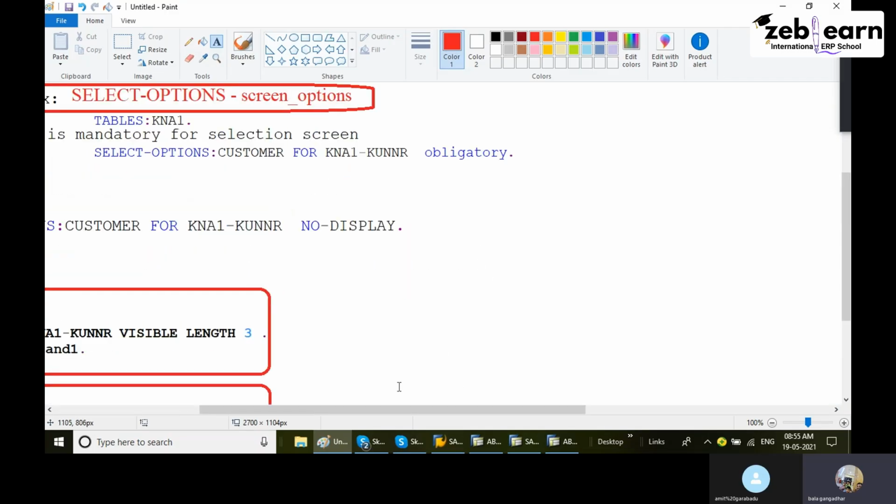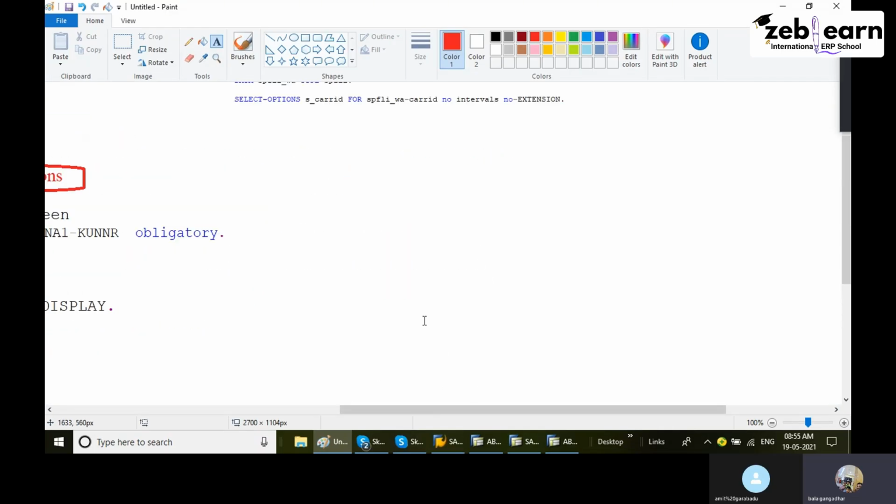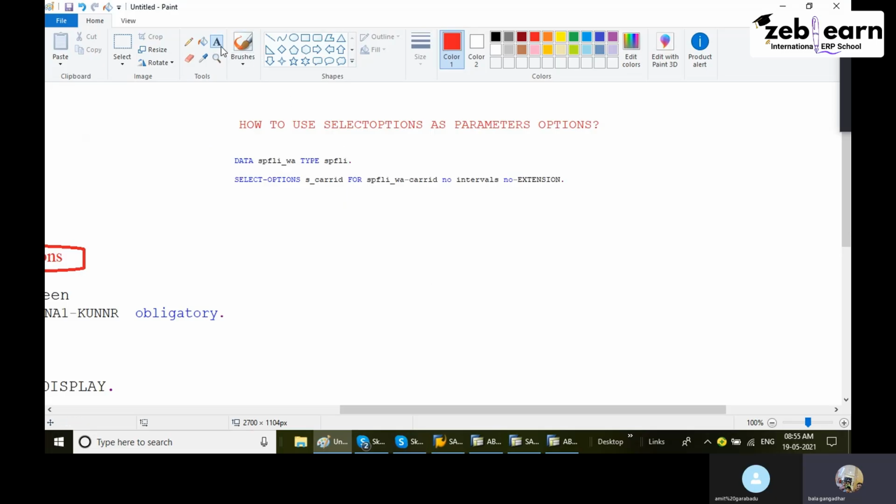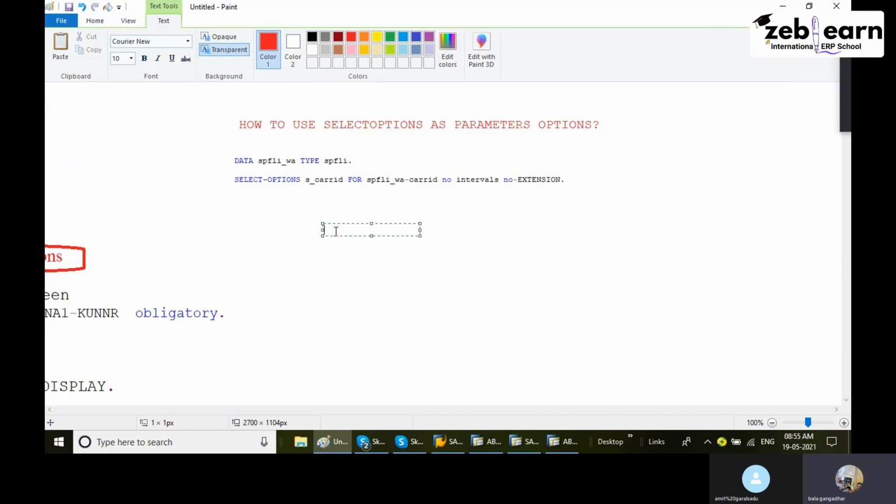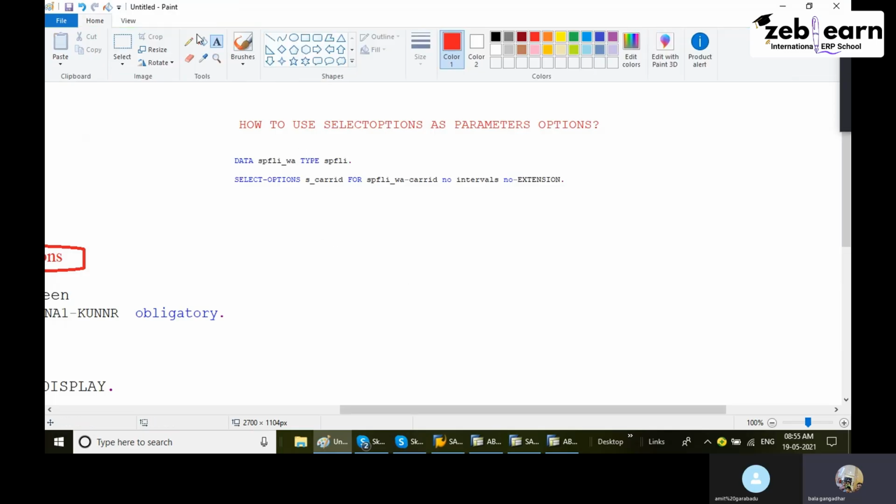Tomorrow we'll go for extension. Extension means reusable commands. But today, anyhow, the class time is already over. I will give only one small syntax today, and tomorrow I will extend the class time. Now today I will give one more syntax. Name is